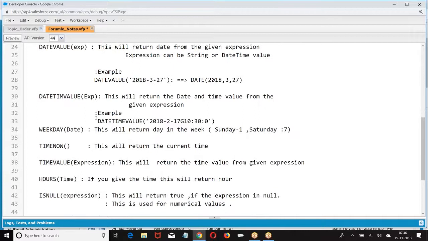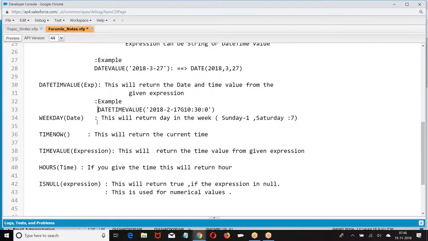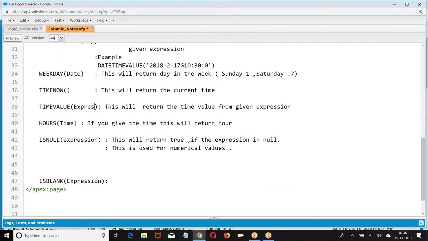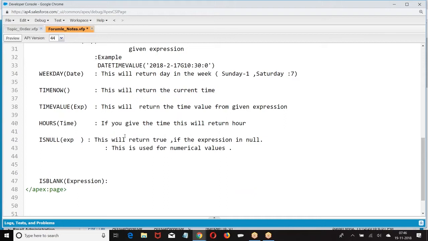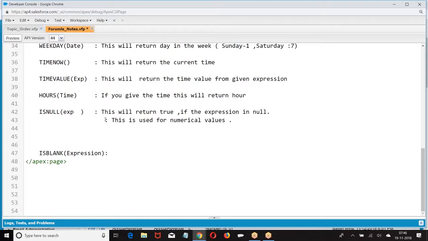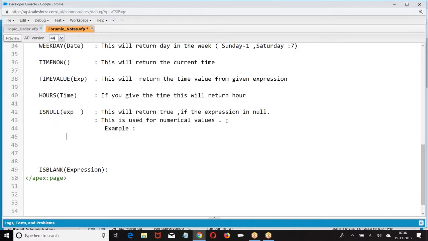So we are giving these values here. Now it is used for what? Numerical values. You want to check whether a numerical value is entered or not. Example. Is null of, if the value of salary is